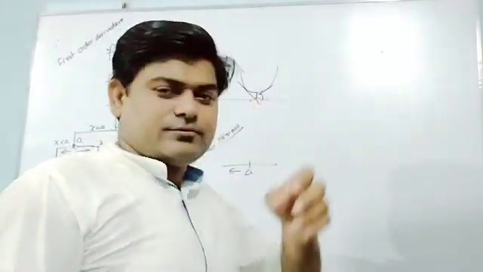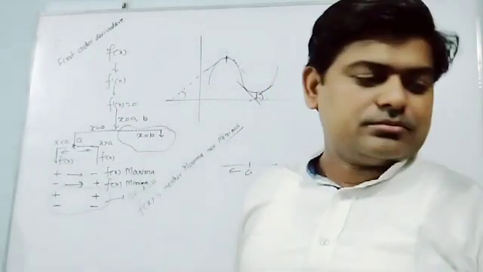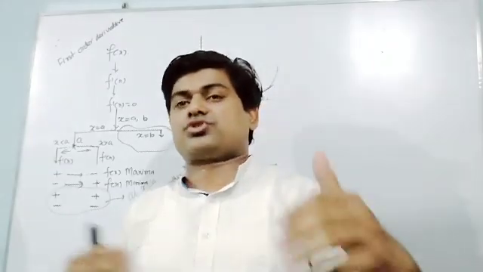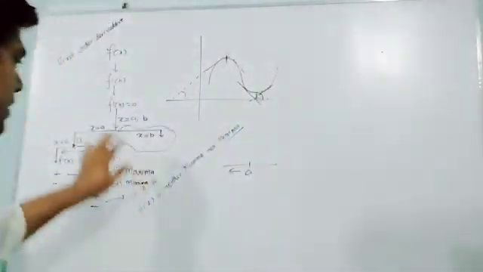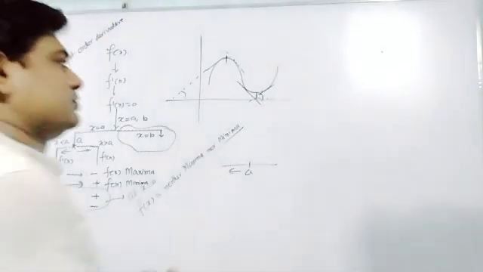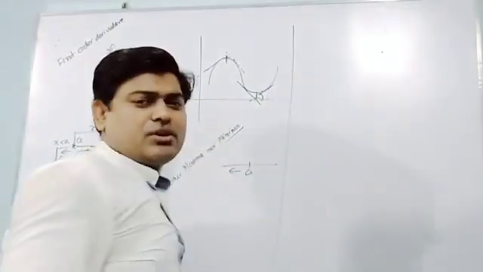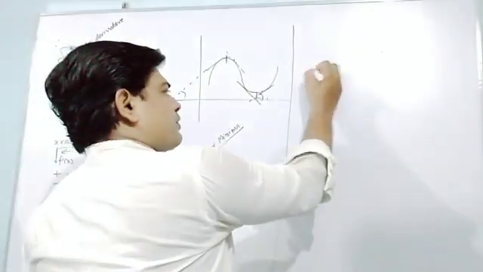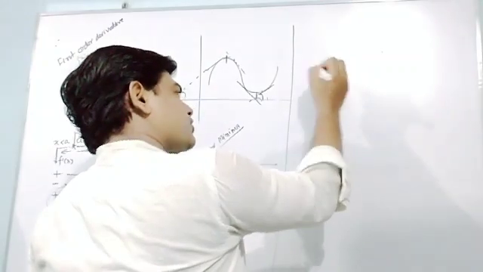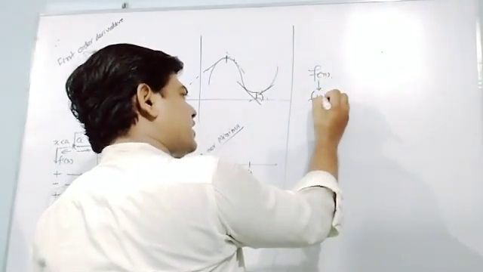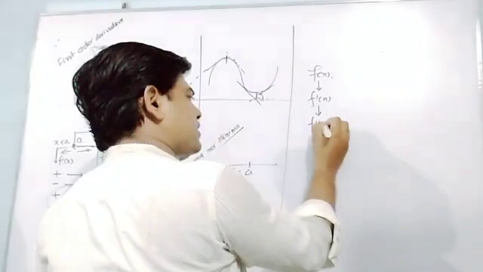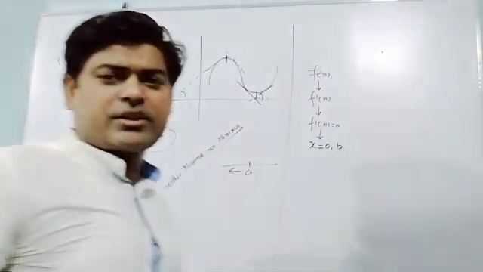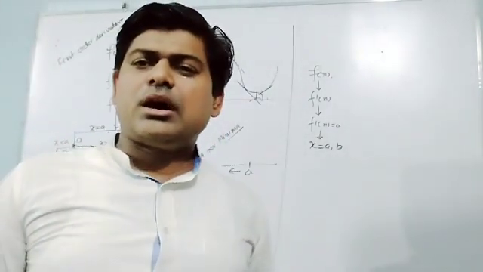And now we are having only a few minutes left, and one more topic is there to discuss, that is second order. I am just going to discuss the second order derivative, and the questions I will do tomorrow. Listen to me. This one was the first order and second order. Please, if you want to write this step, you can write. That will be very useful for you. We will have a function f(x). First of all, we will find f'(x). Then put f'(x) equal to 0, from here I will get x is equal to a or b. We will get the values of x, and that is called the turning point or critical point.